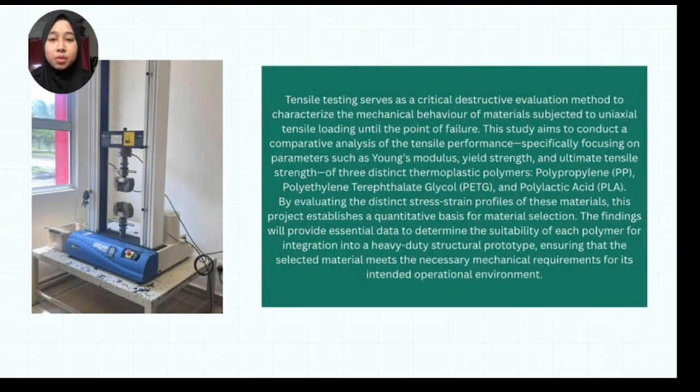This study aims to conduct a comparative analysis of the tensile performance, specifically focusing on parameters such as Young modulus, yield strength, and ultimate tensile strength of 3 distinct thermoplastic polymers, which are polypropylene (PP), polyethylene terephthalate glycol (PETG), and polylactic acid (PLA). By evaluating the distinct stress-strain profile of this material, this project established a quantitative basis for material